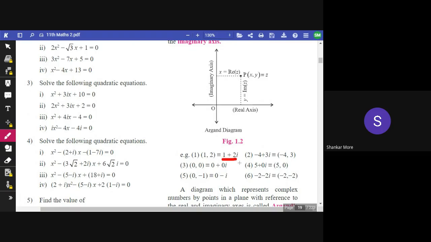So for example, look, this is one complex number, 1 plus 2i. In it, x is equal to 1 and y is equal to 2. So we have represented it in the form of the point (1, 2). The location of x is going to be on the x-axis. It is 1. Suppose 1 is here, and y is 2, that is 2 is here. So our complex number will be somewhere around this. So this is 1 plus 2i. This is how we represent complex numbers in Argand's diagram. I hope you have understood this.